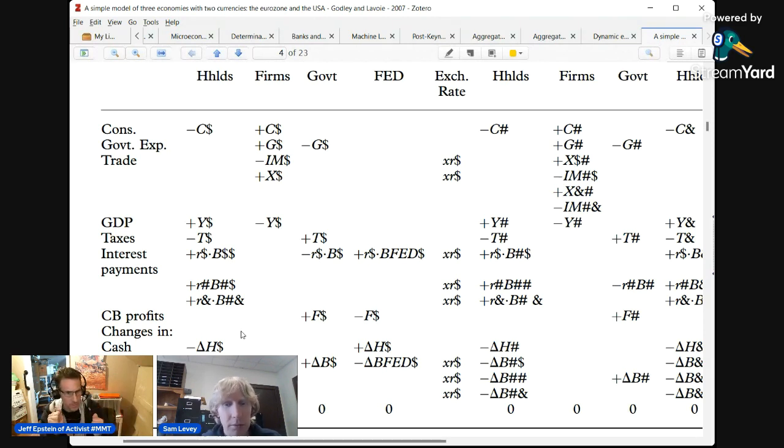Yes, that's right. So all of these things that I'm pointing to, negative C plus Y minus T, the interest on all the bills in the different countries, all of those things added together are the bills. So the H, I would presume, is the total of all of those things. H is money, high-powered money or cash.